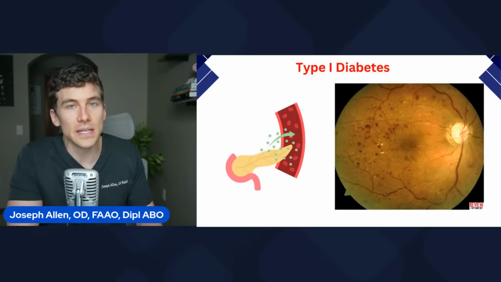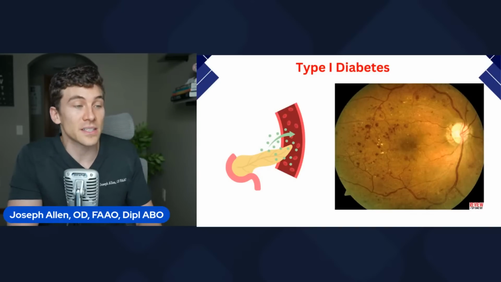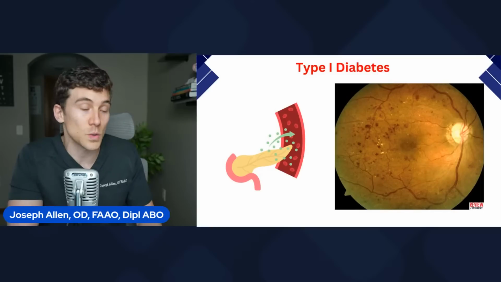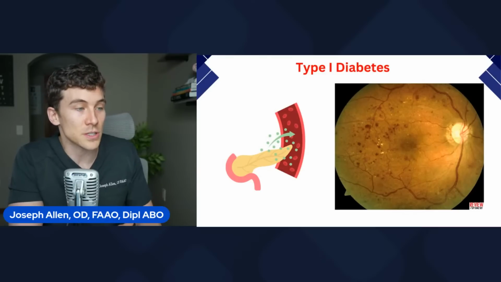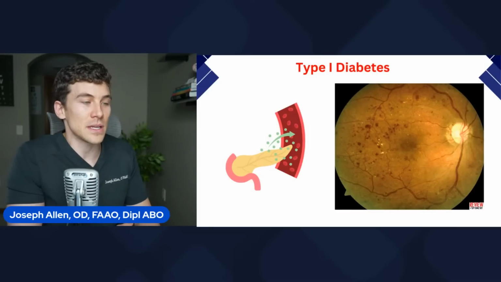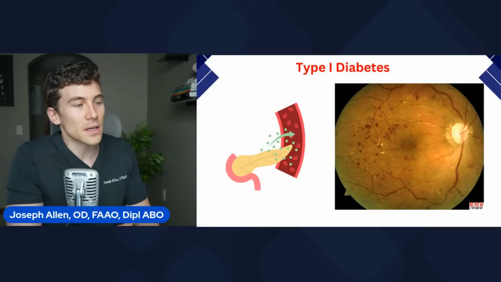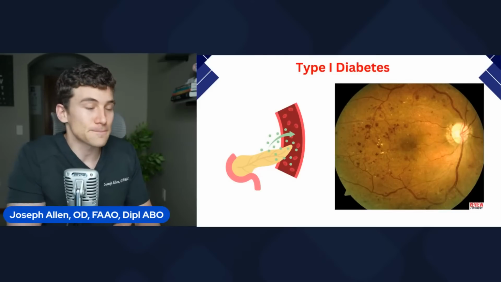Typically, type 1 diabetes happens more often in children or in your earlier life, but it still can occur later in life too, or your kind of middle-aged life. I even had a pathology or a physiology professor who developed this in his early 20s, and he believes it was because he was working with harsh chemicals, doing research for his PhD, and that maybe killed his pancreas. No way to know for sure, but it's a serious issue and affects the eyes.